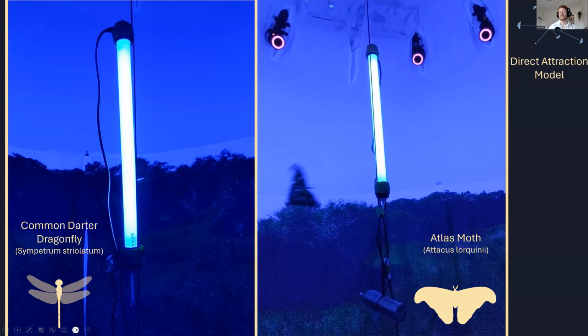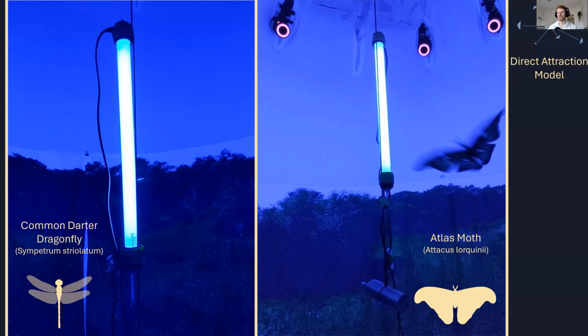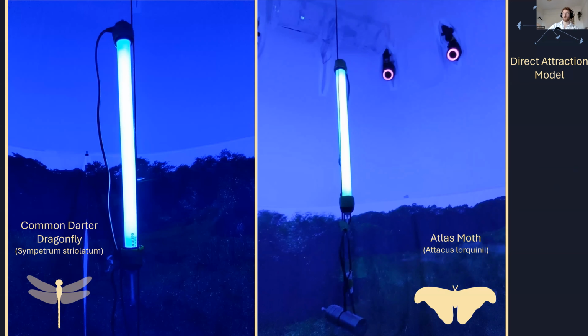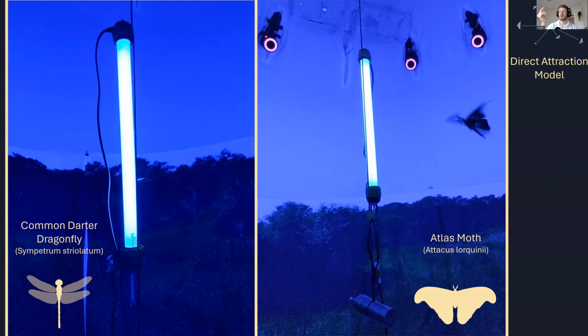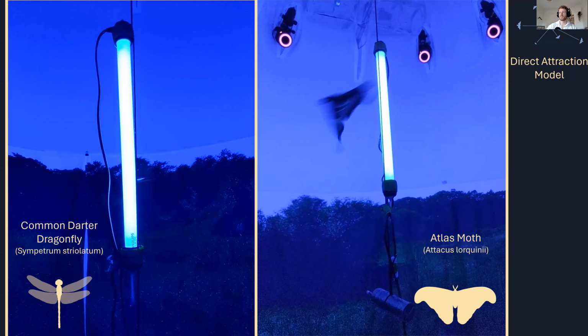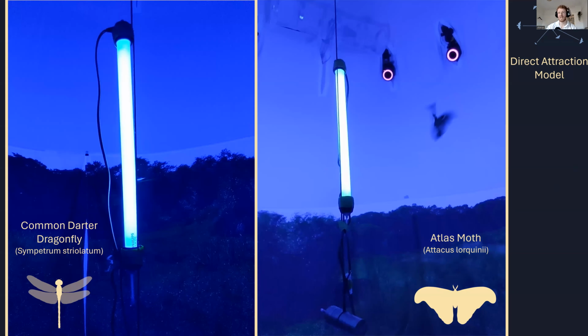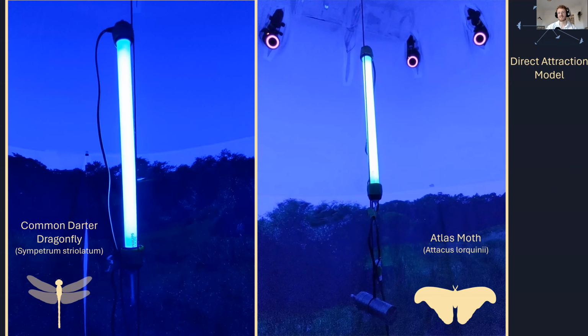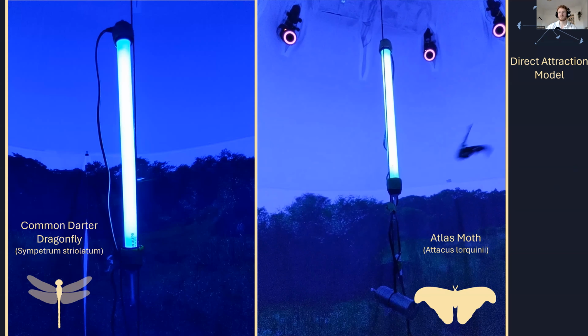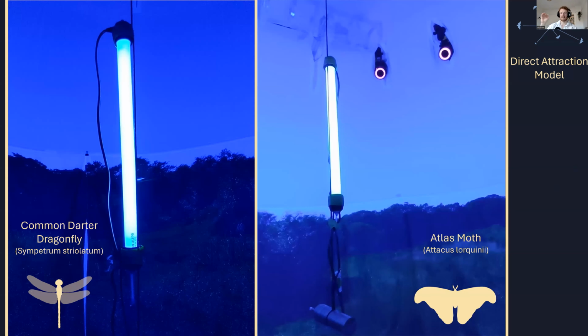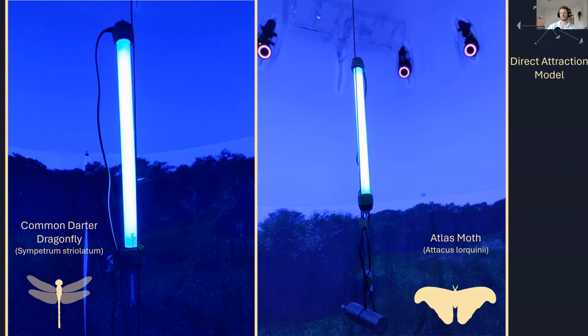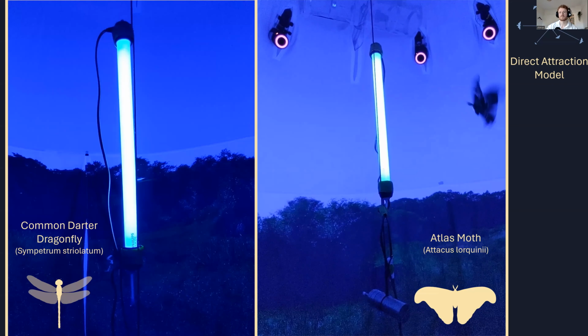On the left, you would see, if it were playing, a common darter dragonfly that's doing exactly the same behavior as the one on the right, which is the atlas moth, flying around in a repeated circle, not flying directly to the light and landing on it. Both of these are pretty maneuverable, capable flying insects. If they want to land on something, they generally can. So that would suggest they're not just directly attracted and confusing it for, say, a hole in a tree, because otherwise they'd fly directly towards it.